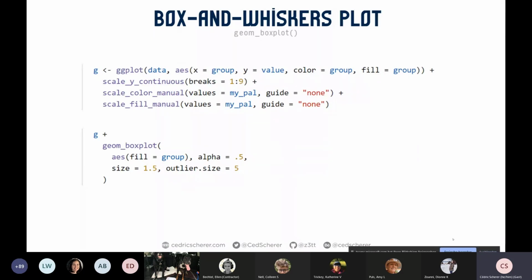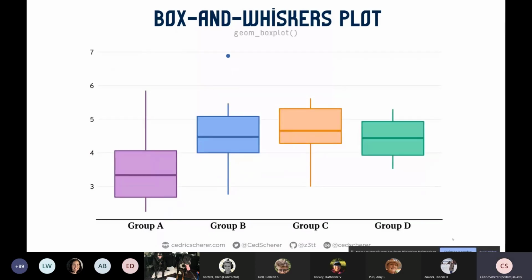So it's G plus geom_boxplot, and then I add a bit of transparency. I increase the size, which means a bit thicker lines, and the outlier size, so the dot was very small and hardly to see, so I increased the size as well. I actually don't like to use alpha, so this is another tip, and this is pretty new to ggplot. It came in ggplot version 3 last year. Time is flying by. I think last year.